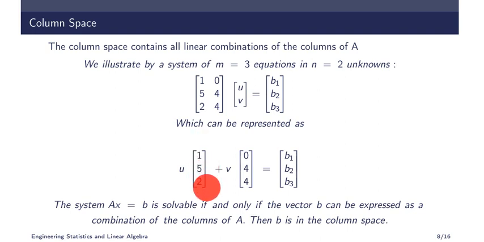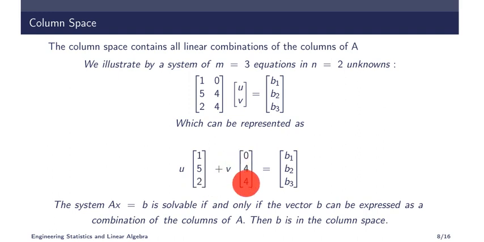(1, 5, 2) means x-axis 1, y-axis 5, z-axis 2, and this is also a three-dimensional vector. And if you multiply u and v, you should get b1, b2, b3. Then u and v are the solutions such that this combination gives this value. So all these possible values